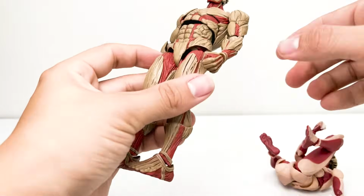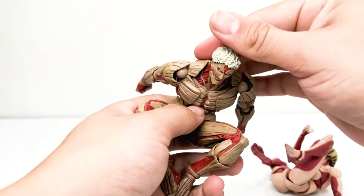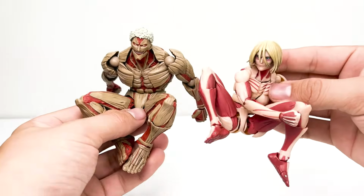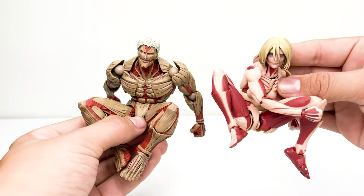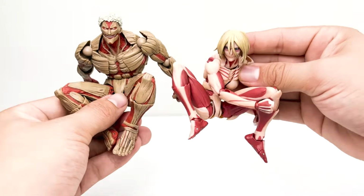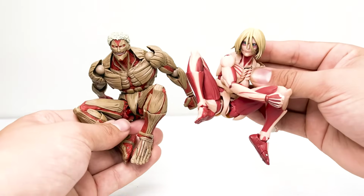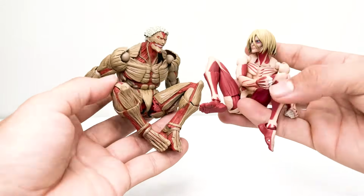Whereas with this one, you have this big bulky character, and getting the same crunches. Kyoto has just nailed the engineering with the articulation on their figures, and I'm so glad they went as hard as they did with these figures, because these characters need to be superposable, but they don't need to be this superposable. So that's just, again, amazing, and I'm so happy